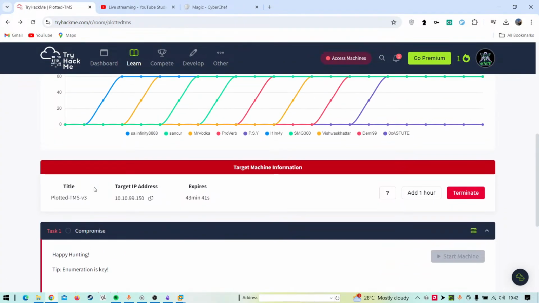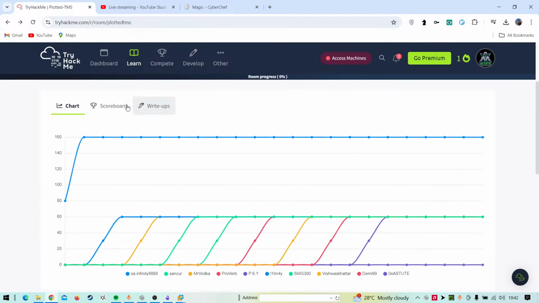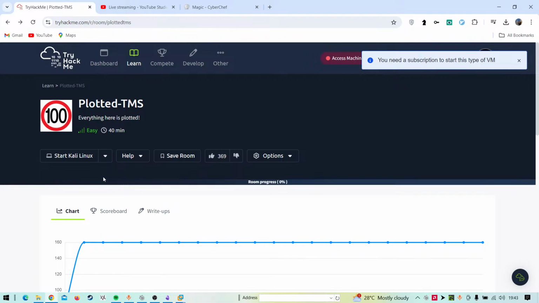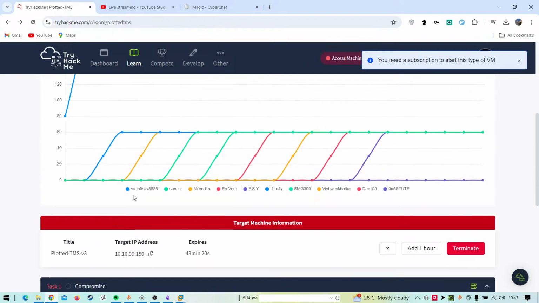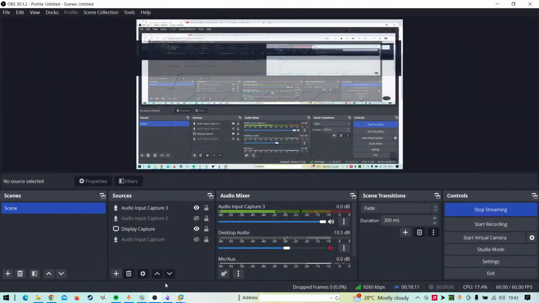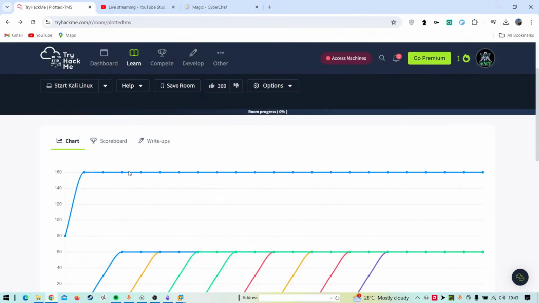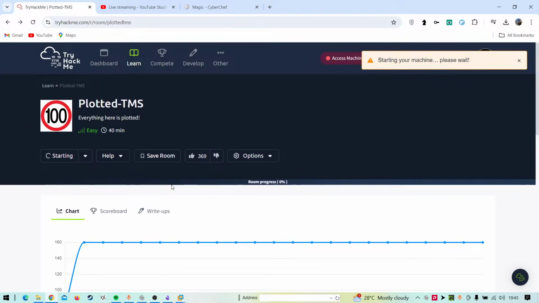That's one of the reasons that I generally like to do the Hub machines and all the other stuff. TryHackMe is only good now with the paid stuff, right? Can I just use Linux? I think I can use it. Oh, you need a subscription. Okay, so I think, okay. Can I use this one? Yeah, I can use AttackBox.